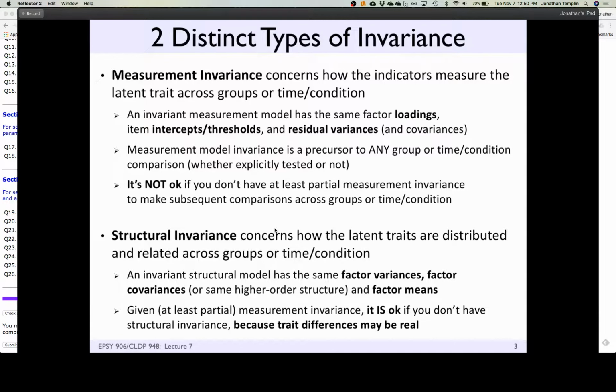Has anyone done a regression analysis with a latent variable before, or a sum score? With a sum score, definitely. Did you check for measurement invariance? Yeah, exactly. Did you floss last night? No, sorry. Yeah, it doesn't really hurt that bad. Right? Of course I flossed. But I did not check for measurement invariance. Okay, I'm just kidding. So anyway, technically speaking, we should be doing this every time we take a latent variable